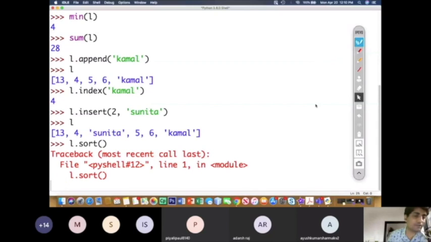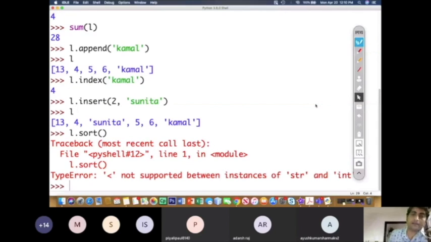Can you tell me why the sort has produced type error here? Why this sort has produced type error? Exactly, right. So as you have guessed it now, that type error has been produced because of the fact that it has heterogeneous values, right? Some values are integer, some other values are string. So you cannot compare an integer with a string and place it somewhere before or after integer. How you can compare a string with an integer? Those are two different data objects, and there is no similarity or dissimilarities between them. So based on what logic you will place one before and after other. So that is why the error is being given.